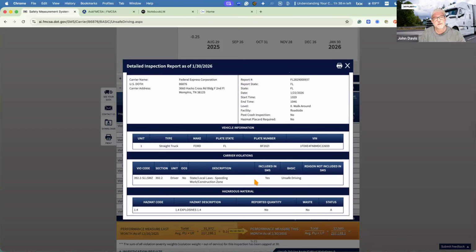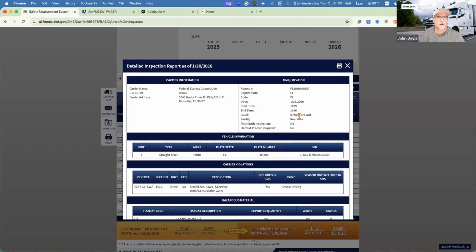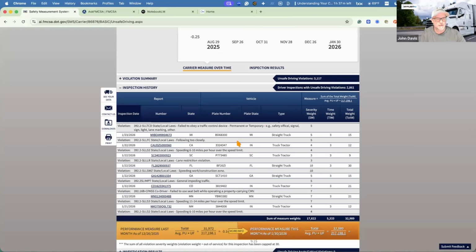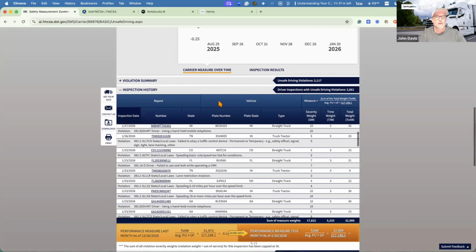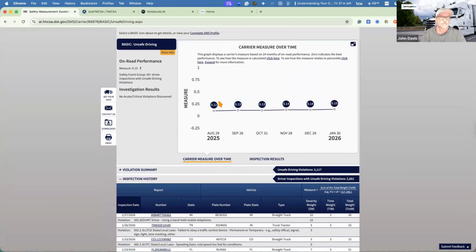So not only did we get the lane restriction there, we got speeding and a hazmat violation on that stop. That's what I'm talking about here, when that driver gets in the wrong lane. So what I want you to do is, number one, I want you to have a written policy about lane